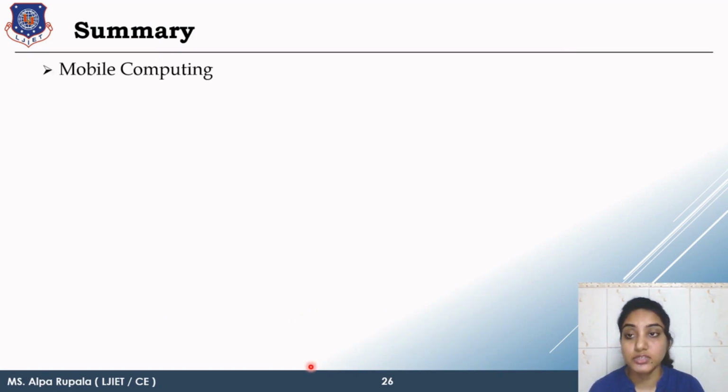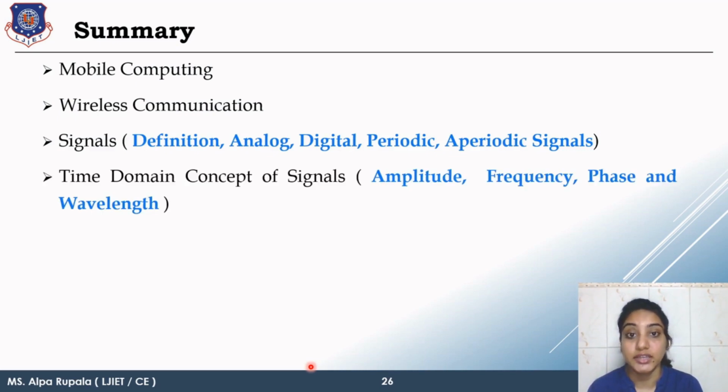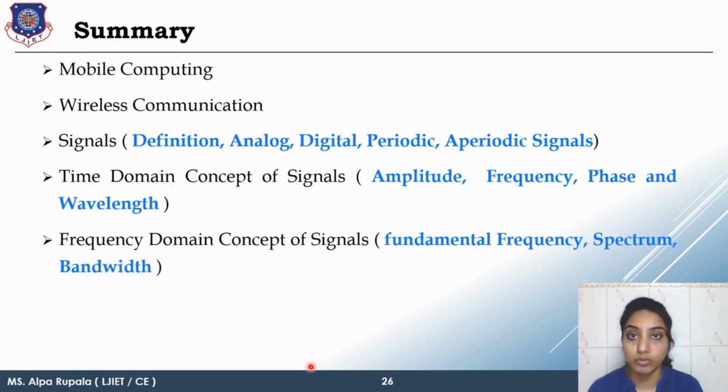So the summary of this whole fundamentals lecture: we have learned what mobile computing is, what wireless communication is, why we are learning this subject, and then what signals are. There is the definition of a signal, analog and digital, then periodic and aperiodic signals, then the time domain concept. The important terms regarding the time domain concept were amplitude, frequency, phase and wavelength. And in the frequency domain, fundamental frequency, spectrum and